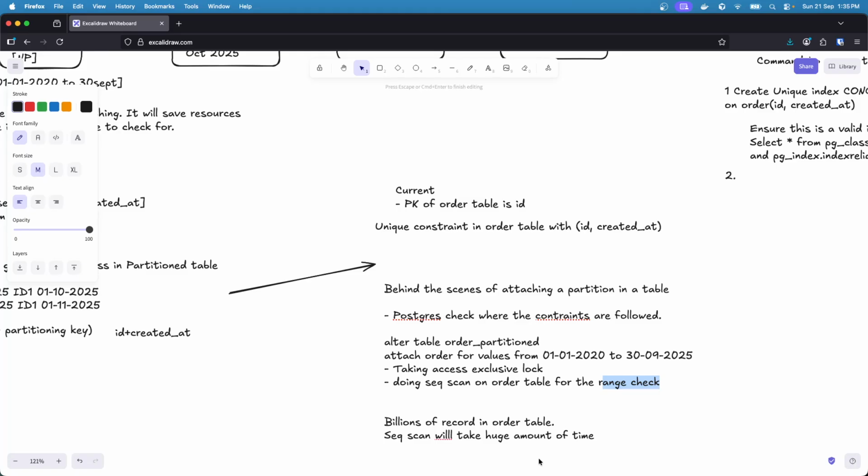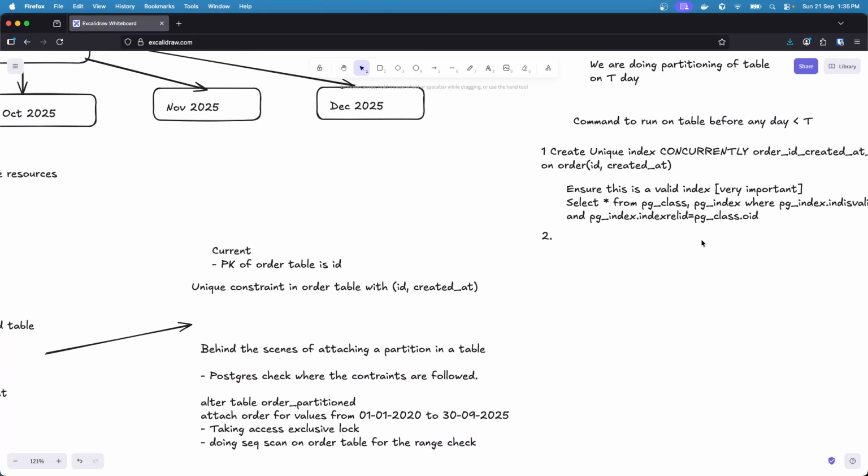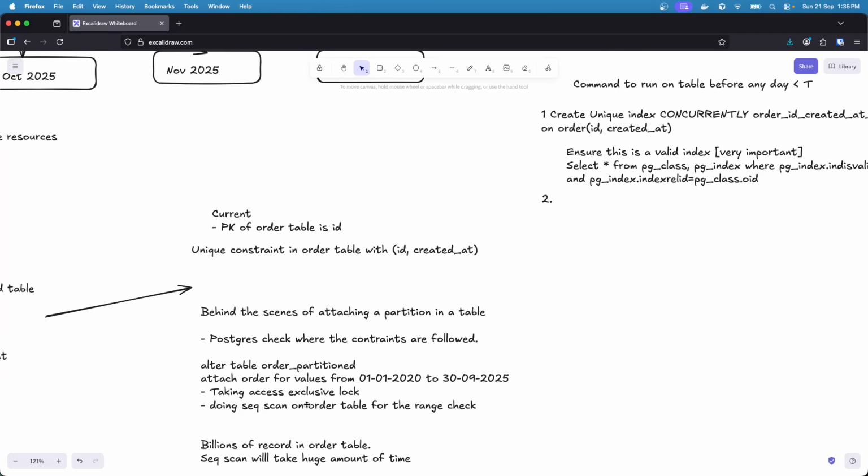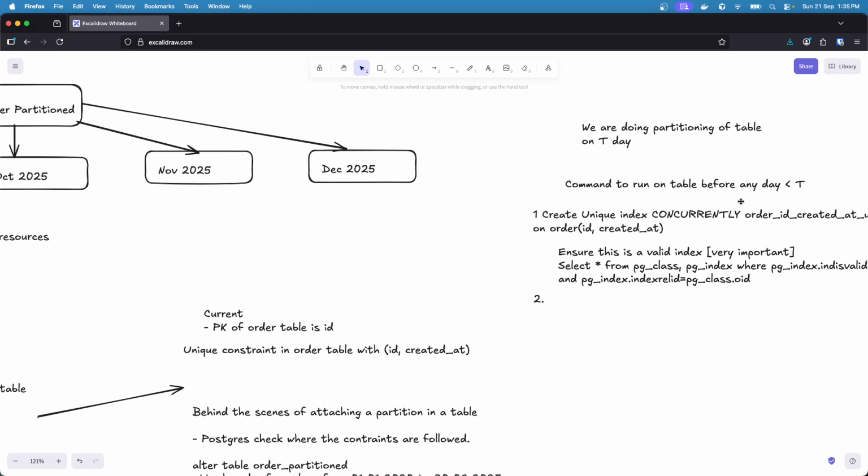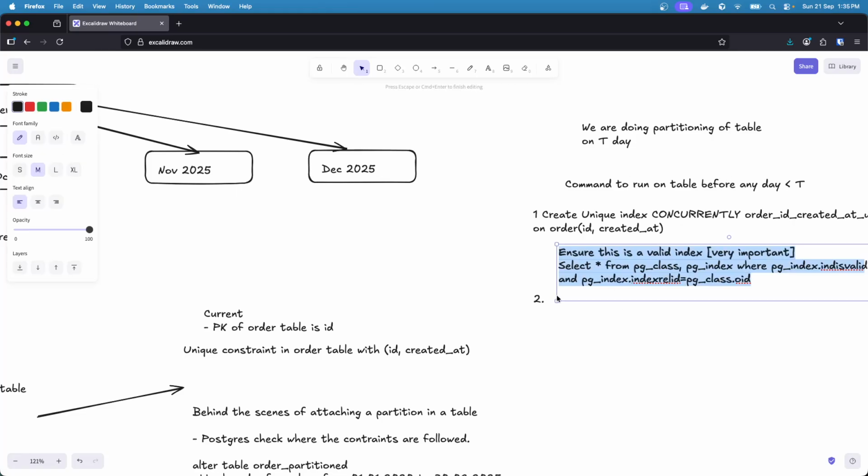So what is the second optimization, or second command, we run before that? As I said, what is happening is a sequential scan on the order table for the range check. This range check we can do any day before T day. How do we do that? We write this query: alter table order add constraint